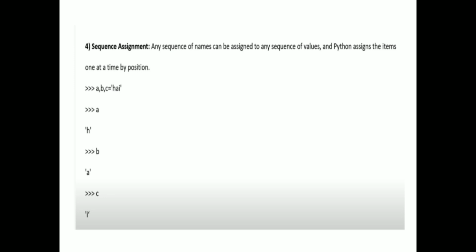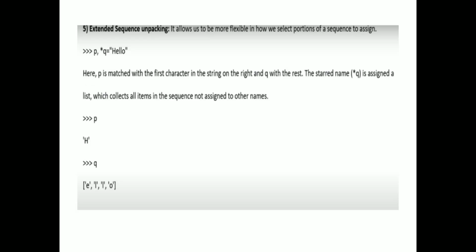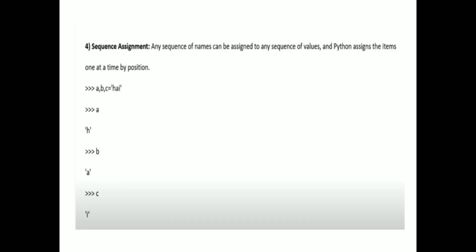If you use c, the output will be displayed as the message I. That is nothing but a sequential assignment. Sequential assignment means if you pass a string, each character is automatically assigned to a single variable. Here you can see a sequence of names can be assigned to any sequence of variables,